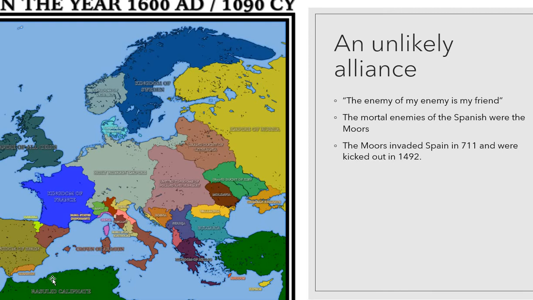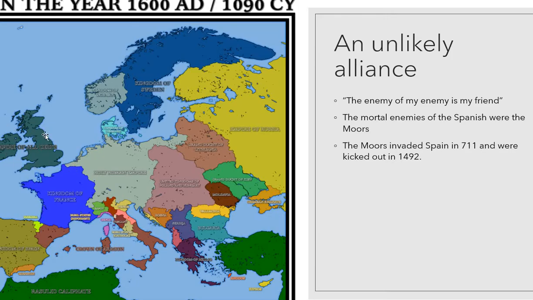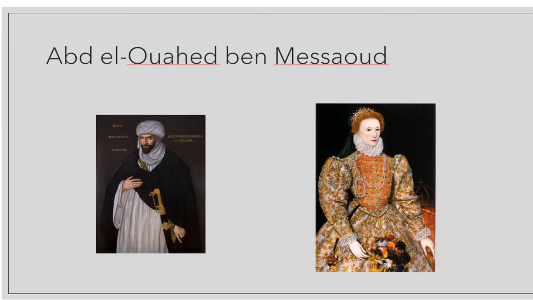Now, of course, Morocco is a kingdom that continues till this day, and they had their intention on fighting against the Spanish even after 1492. And so that brings us to the next piece. Of course, the enemy of my enemy is my friend. Here you have the English who were fighting against the Spanish, and you have the Moors in northwest Africa fighting against the Spanish. And so, in the year 1600, there was an attempt at an alliance between the Moors